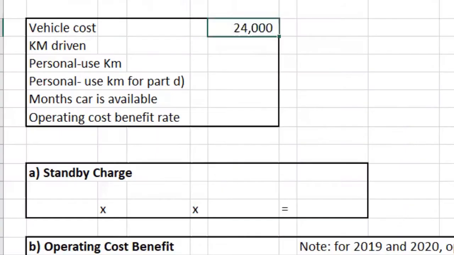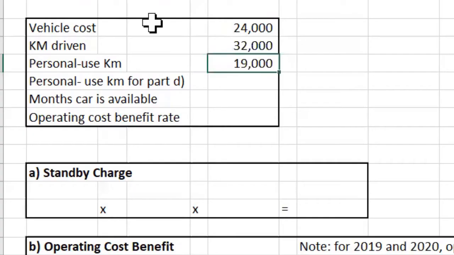We're going to take a look at the vehicle cost is $24,000. The total kilometers driven, 32,000. Of that, personal use kilometers are 19,000, meaning there would be 13,000 employment related kilometers. We're using the car more personally than for employment. The car is used more personally than it is for employment, and that's going to be important when we answer